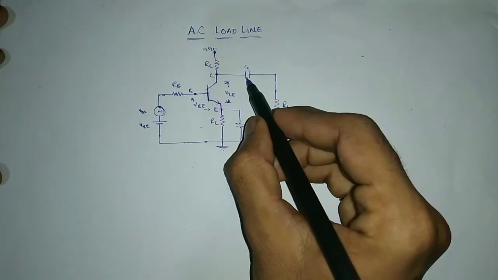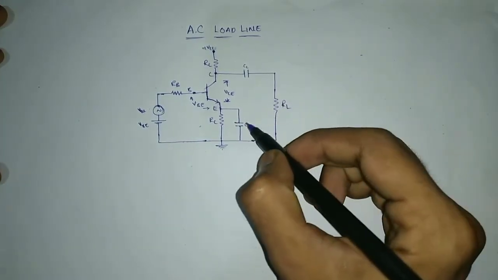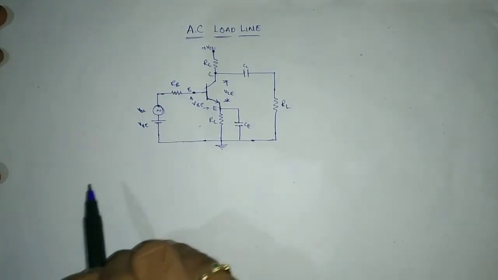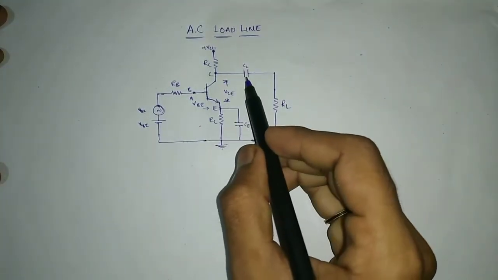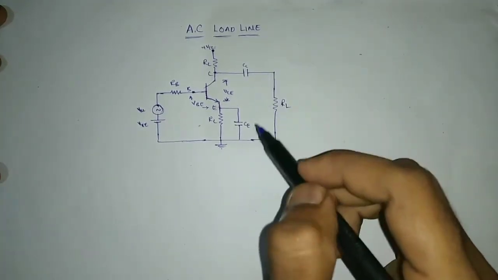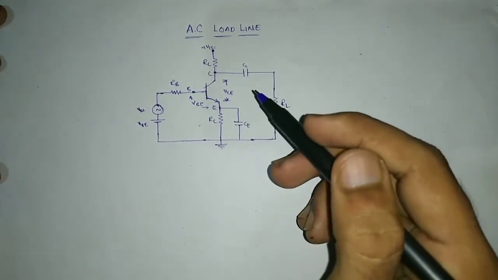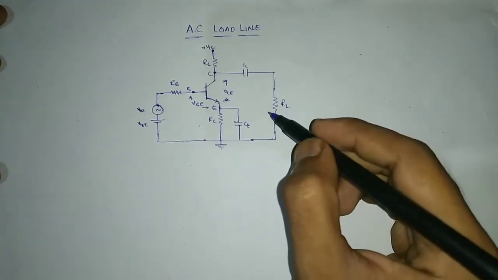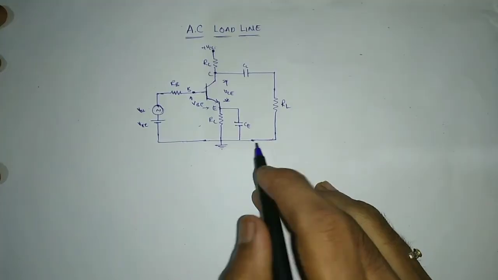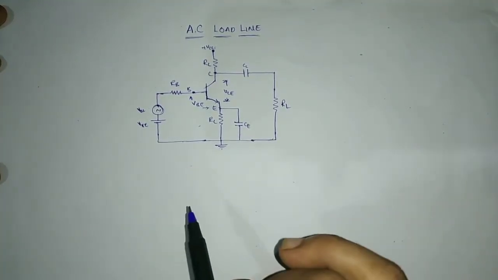We are using some other components, that is capacitors. We are using these capacitors because this is the AC voltage at the input. For the proper coupling, we are using capacitors. These capacitors will offer very less impedance compared to resistors with the AC, so we can neglect the impedance of these capacitors.